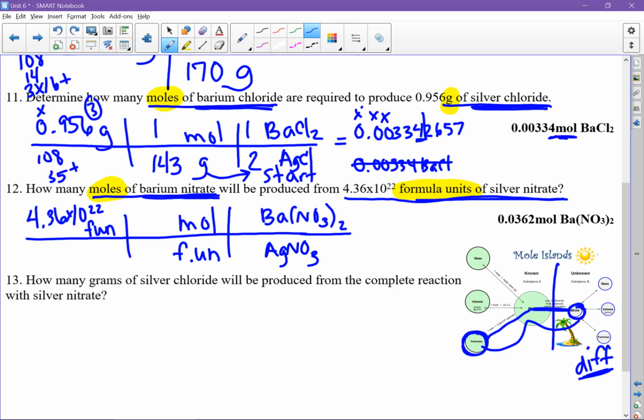Now you just have to put your numbers in. So when I've got 2 different chemicals, use the coefficients. This has a 1 in front of it. This has a 2. Moles always gets a 1 with it. Formula units uses Avogadro's number. And then you just have to put everything into your calculator. When I do that, mine says